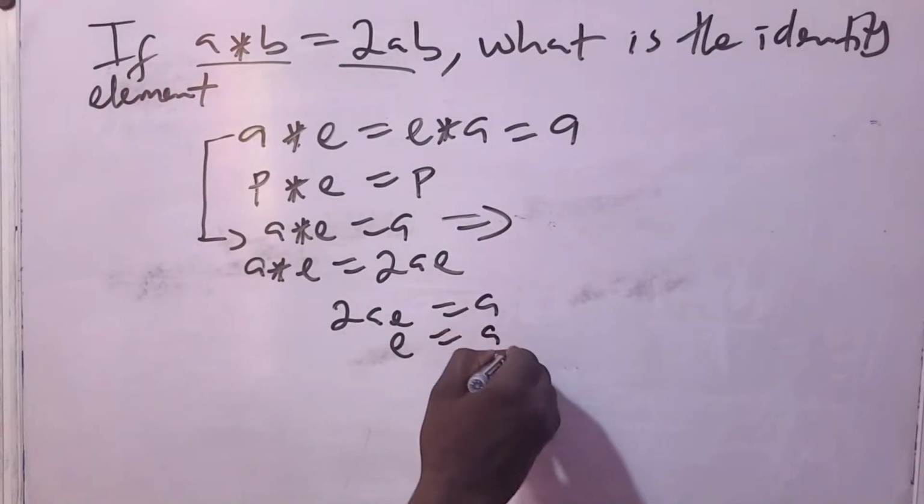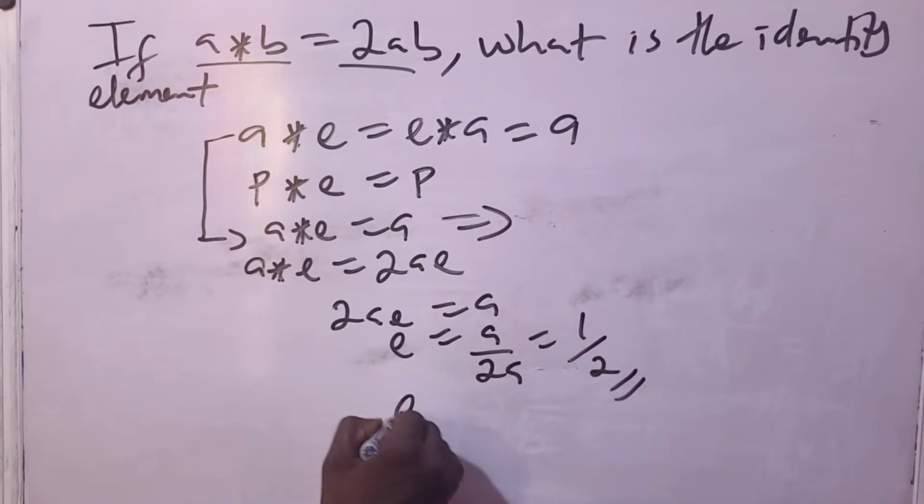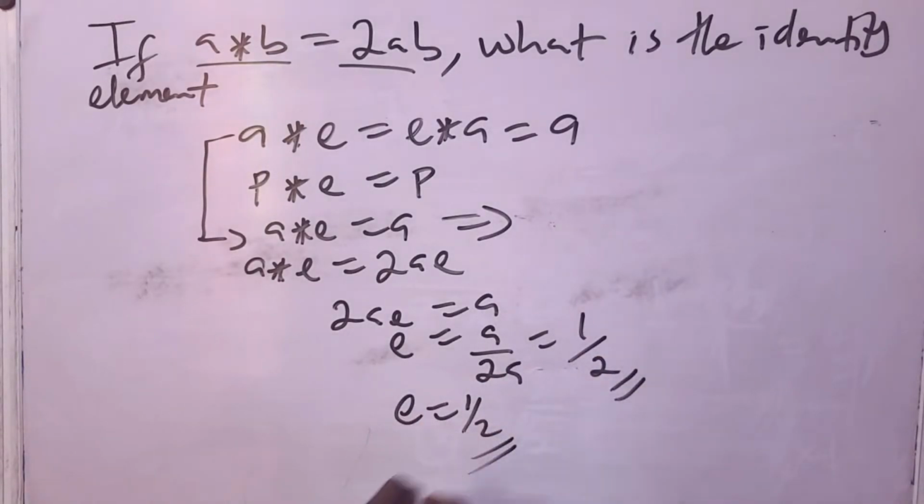That will be A over 2A. That will be 1 over 2. So E is equal to 1 over 2. The identity element is 1 over 2. Alright? Do you get it, young man? So that's the way you find the identity element. Let's run quickly on to